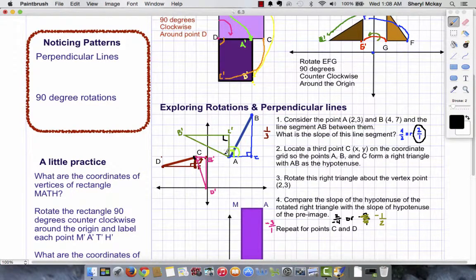And I want you to look at this and realize that this is actually also a right angle. Do you see that these two lines are actually perpendicular to each other? The hypotenuses are perpendicular to each other. Look at it here as well. Here's a hypotenuse and here's a hypotenuse, and they are perpendicular to each other. They make a right triangle. So these hypotenuses, these two lines, AB and AB prime, are perpendicular lines, and their slopes were